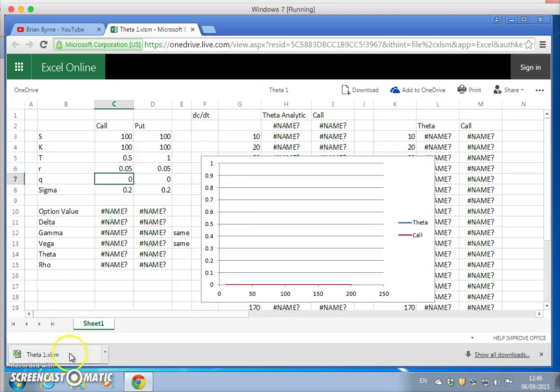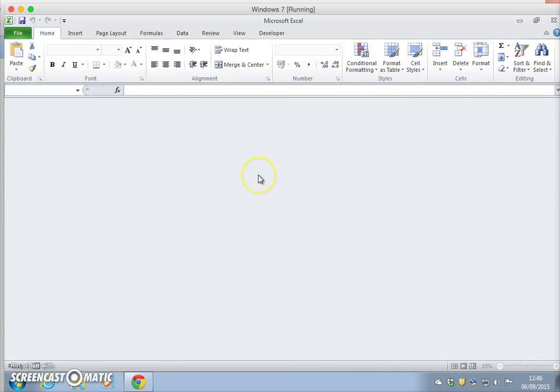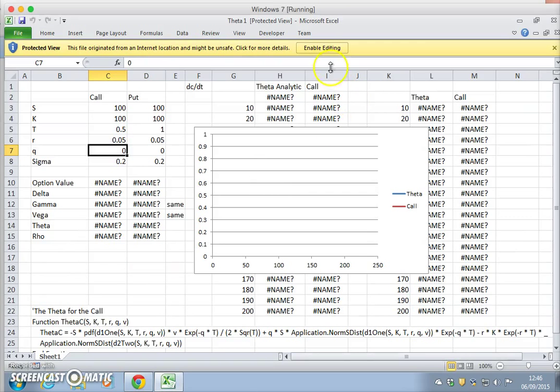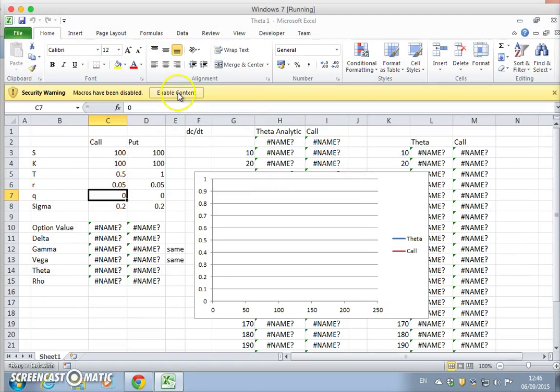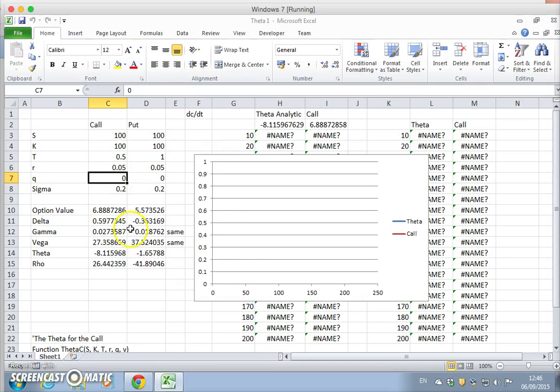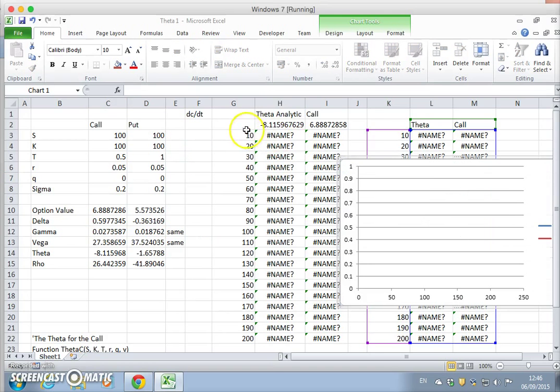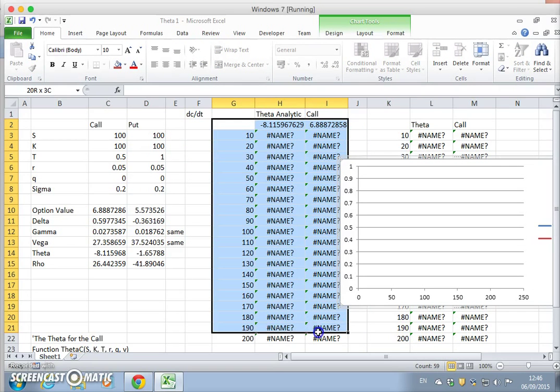And because some of the functions here in VBA also, we have to enable content, and once we enable content then you can see the VBA is live, so that's fine. And to activate and to make sure that the